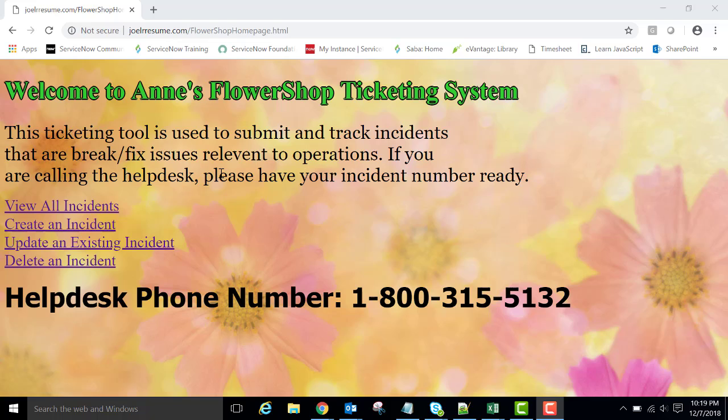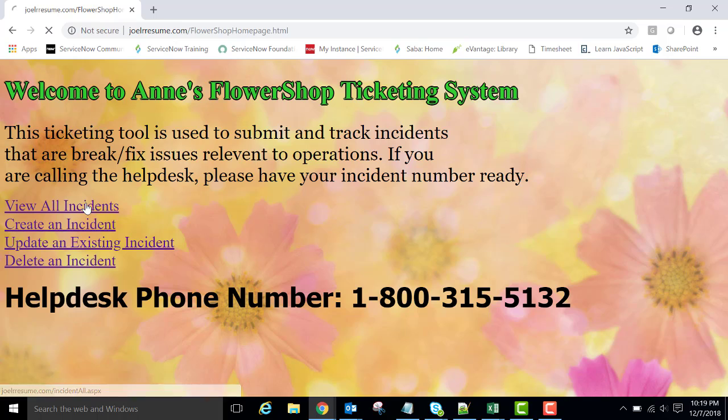So Luann wanted to hypothetically get out of working in email and spreadsheets, and she wanted a centralized place where she could keep track of different problems going on in her business. So the request was to build a ticketing tool that gave her a client-facing portal, allowing everyone to submit tickets and make updates to their tickets, with some routing in place to auto route to the appropriate assignment group. So we'll start by